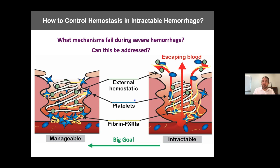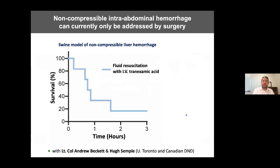So of course, the big goal in our lab is to take cases of intractable hemorrhage and make them manageable. That's the overarching goal. Here are some examples of types of hemorrhage that can't currently be addressed. This includes non-compressible abdominal hemorrhage. If there's internal bleeding in the abdomen, this can be a serious problem, because it can't be